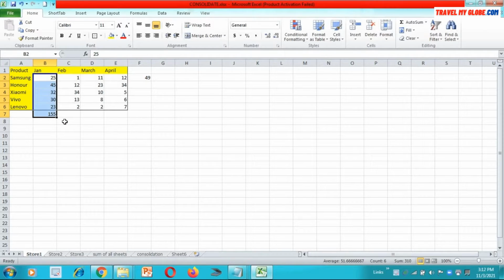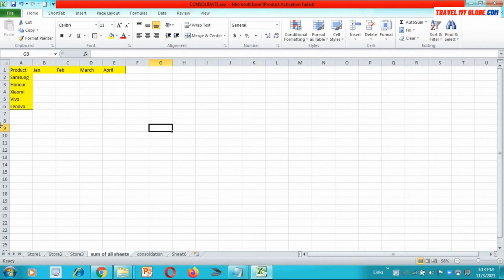We can do this easily in the same sheet, but what if we want to calculate the sum of a particular item for the data that has been kept in separate sheets, like in sheet 1, sheet 2 and sheet 3? We are having the same products, the same number of rows and the same number of columns, the same column headers, and we want to know the sale of a product, let's say Samsung. How can we do that? So this is very simple. Let's see how we can do it.